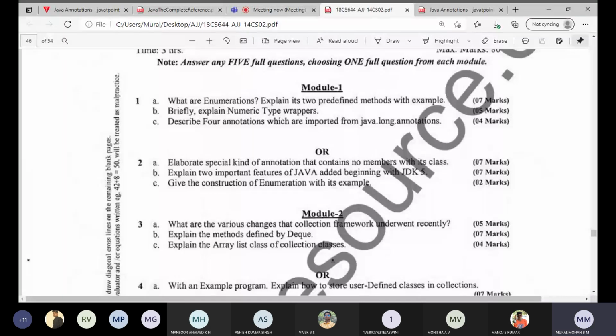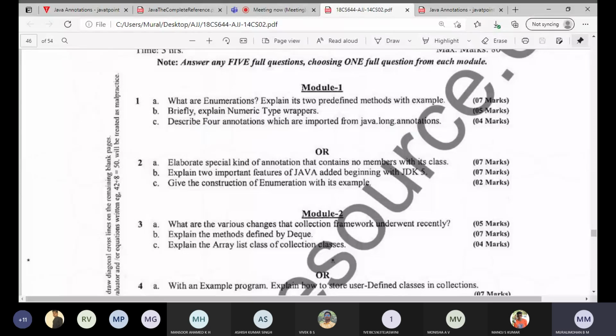Did you understand this question? They are asking for 4 annotations, which are used in other annotations, that is, which are used for another annotation.